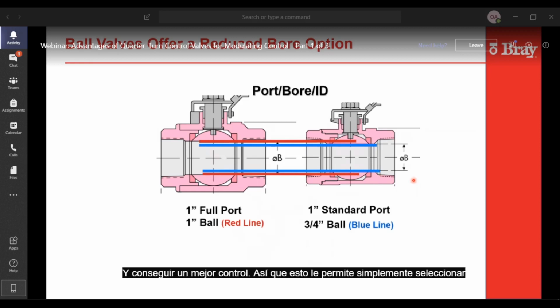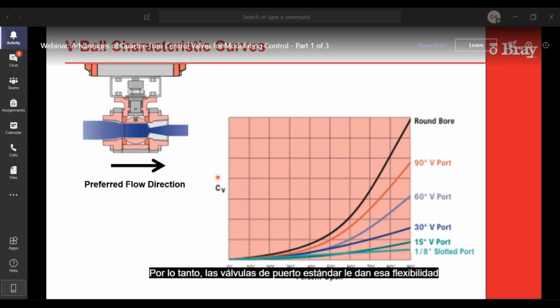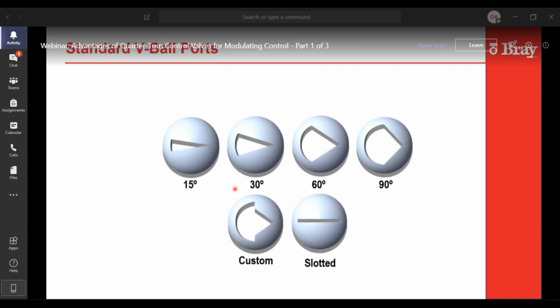So this allows you to just select a standard port ball valve and achieve that without having to put pipe reducers and expanders in to go to a smaller size valve. So standard port valves gives you that flexibility. You basically have an additional set of choices to match your trim to what your flow requirements are.